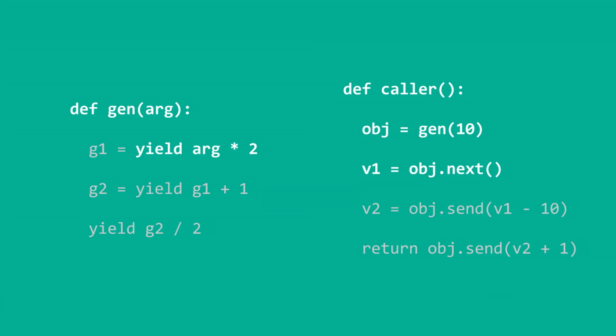So just to step through that really quickly, we define this generator over here. If we say object equals gen of 10, then we're sending 10 to arg over here, and we yield arg times 2, so we're yielding 20. What that yield does is send it back any time the caller calls object.next. So now v1 becomes 20 because it's arg times 2, which means that g1 is 20, and now we're yielding 20 plus 1, which is 21, and then we send that back, so v2 becomes 21, and we send back